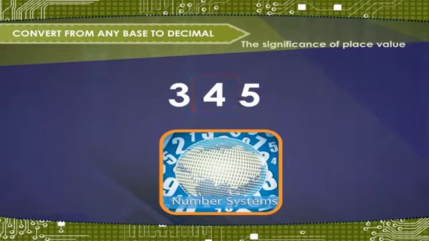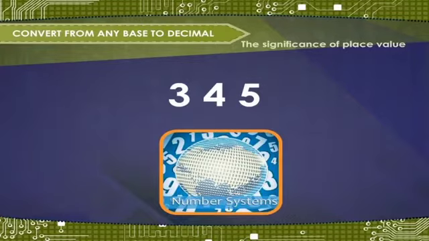Similarly, the 4 in the tens column represents the value 4 × 10^1, or 40, and 5 is the least significant digit and carries the weight of 10^0, which is 1. So, it has the value of 5 × 10^0, equal to 5. Remember that any base to the power of 0 is equal to 1.